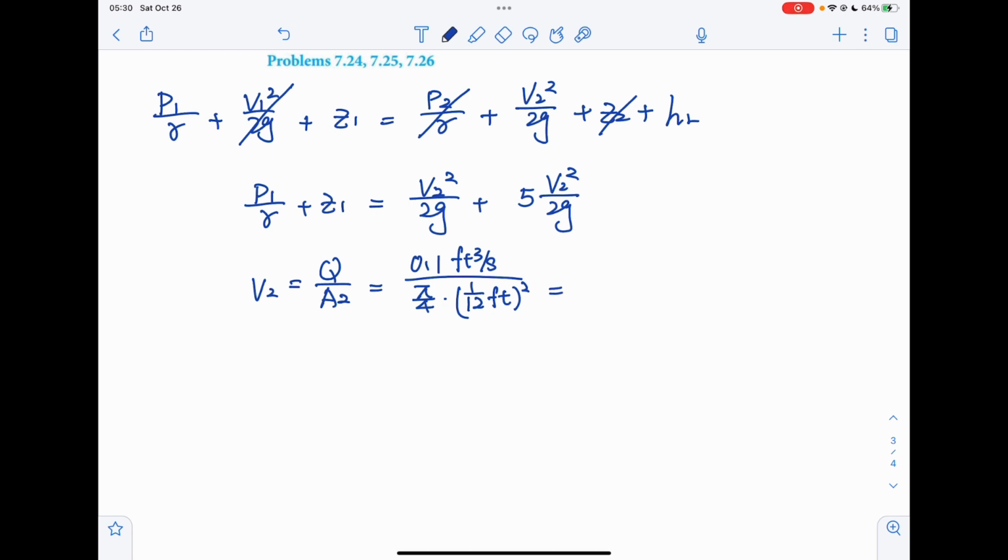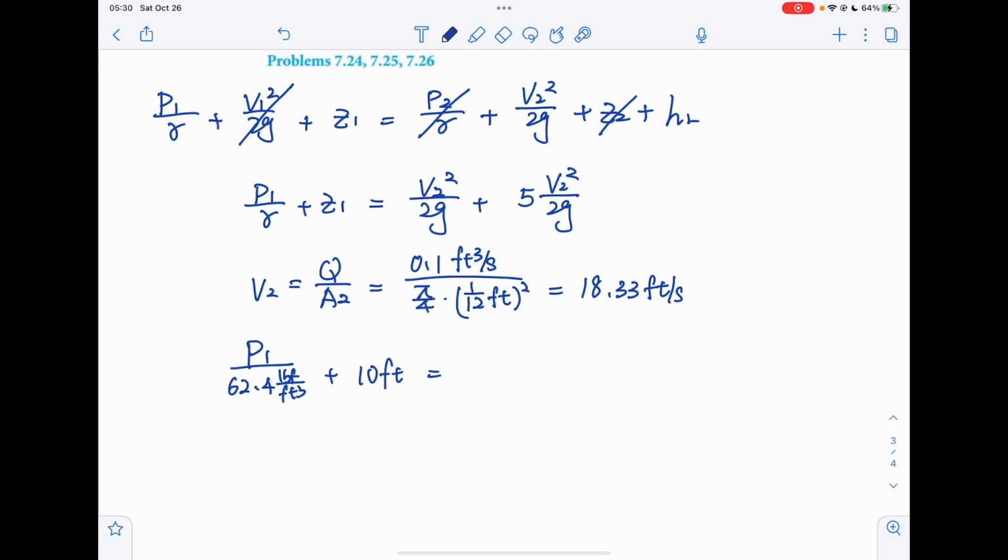So our V2 is gonna be 18.33 feet per second. So now we can substitute that into our equation. P1 over gamma, which is 62.4 lbf over cubic feet, plus Z1, which is 10 feet,